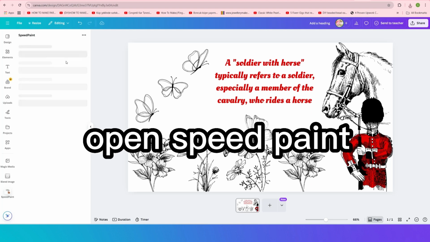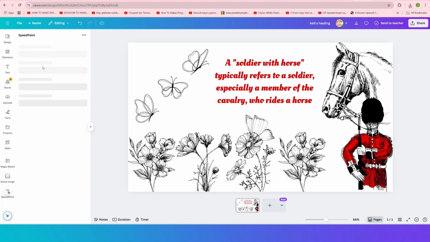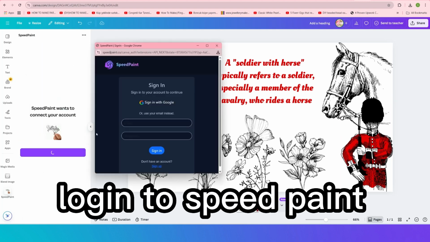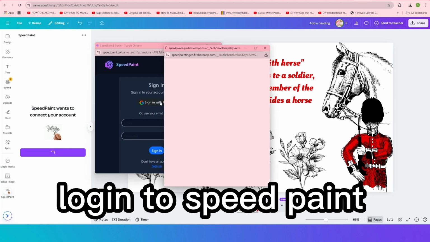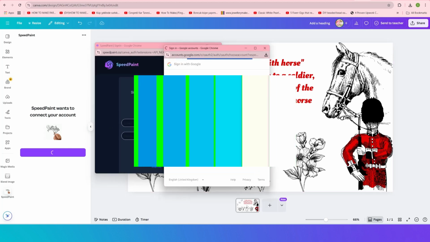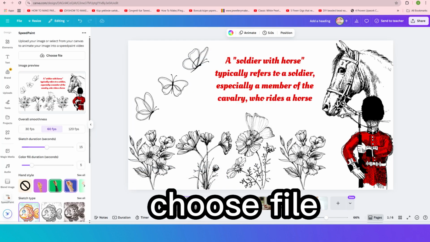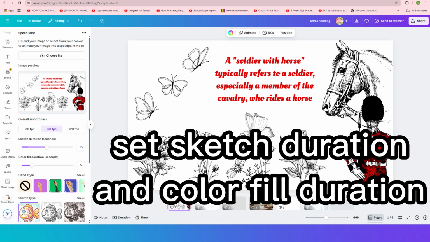Now open SpeedPaint. Click on the Open button. Choose the file which you have downloaded recently. First, log in to use SpeedPaint with your Google account. Click on the Continue button. After connecting SpeedPaint to your account, you can add more settings like sketch duration